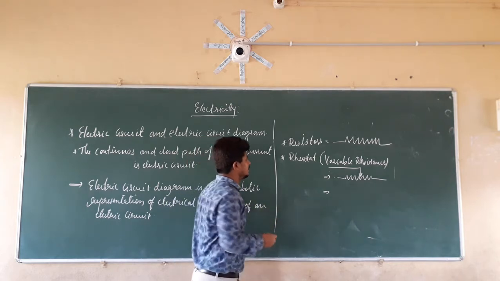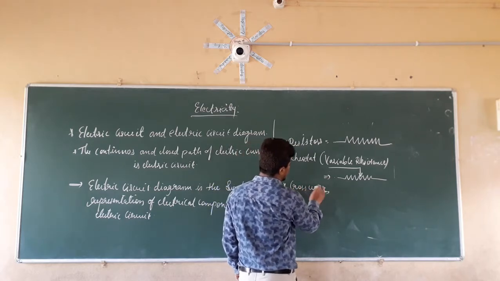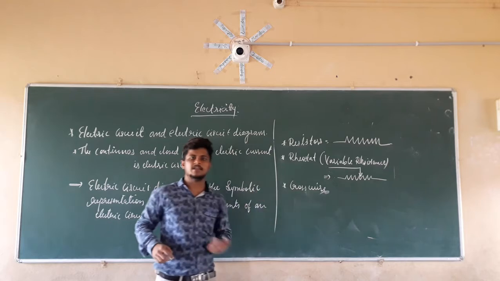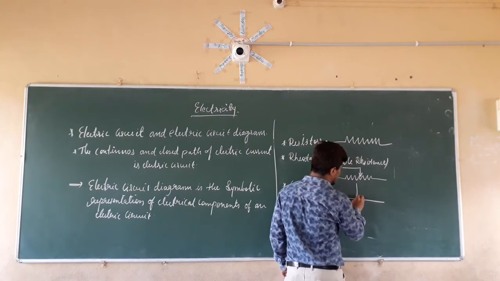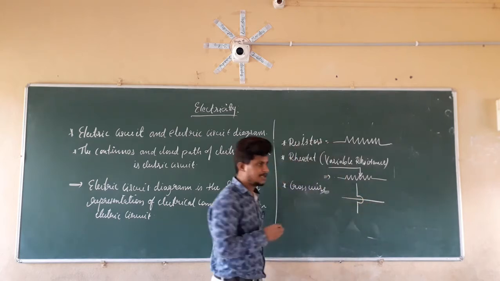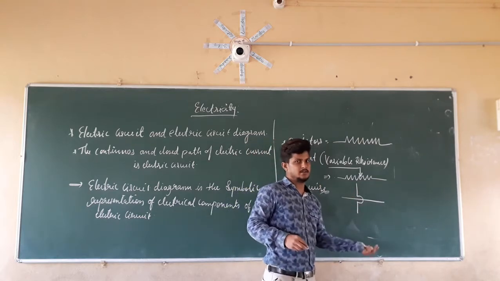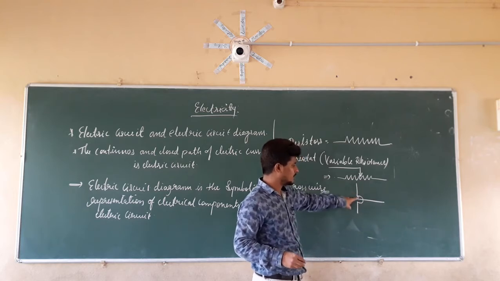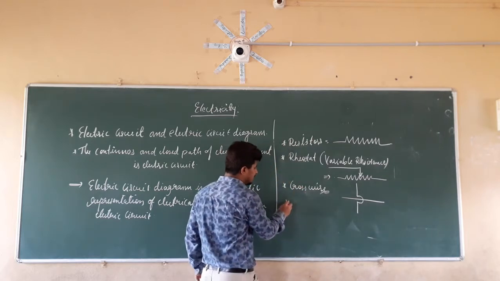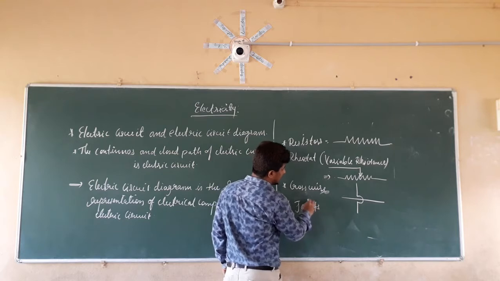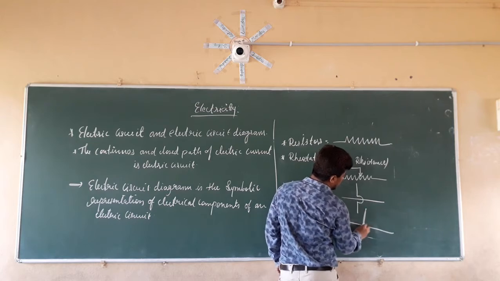Next we have the joints. First we have the cross wire. One wire passes another wire, but it is not joined. We give the symbolic representation like this. There are two wires; both the wires are not connected, but one wire is crossing another wire. So this wire is not connected to this wire, but it is crossing it. Like this we represent the cross wires. In the same manner, we represent the joints of the wires like this. At this point, two wires are joined.